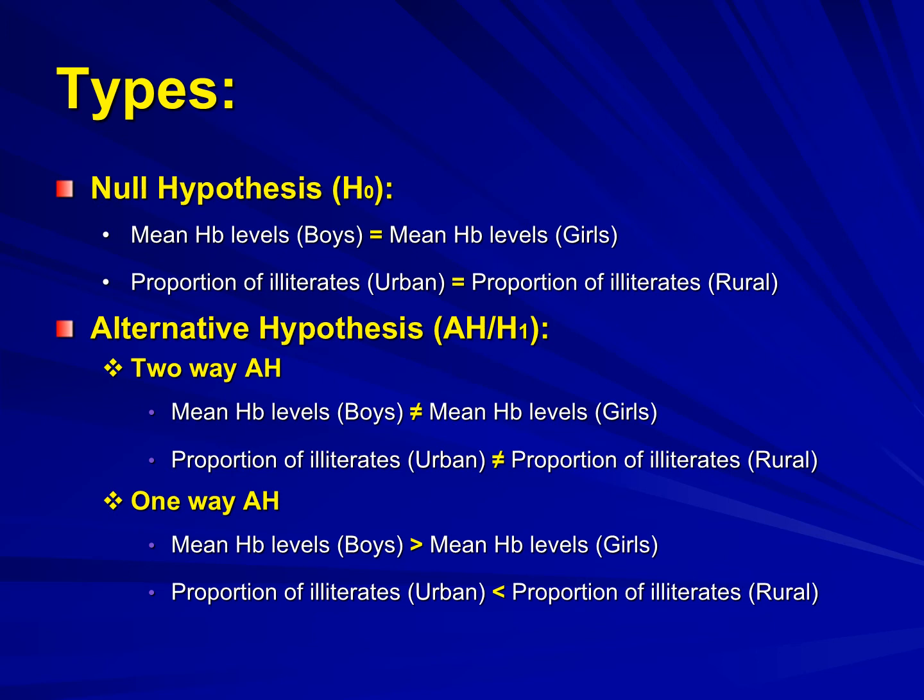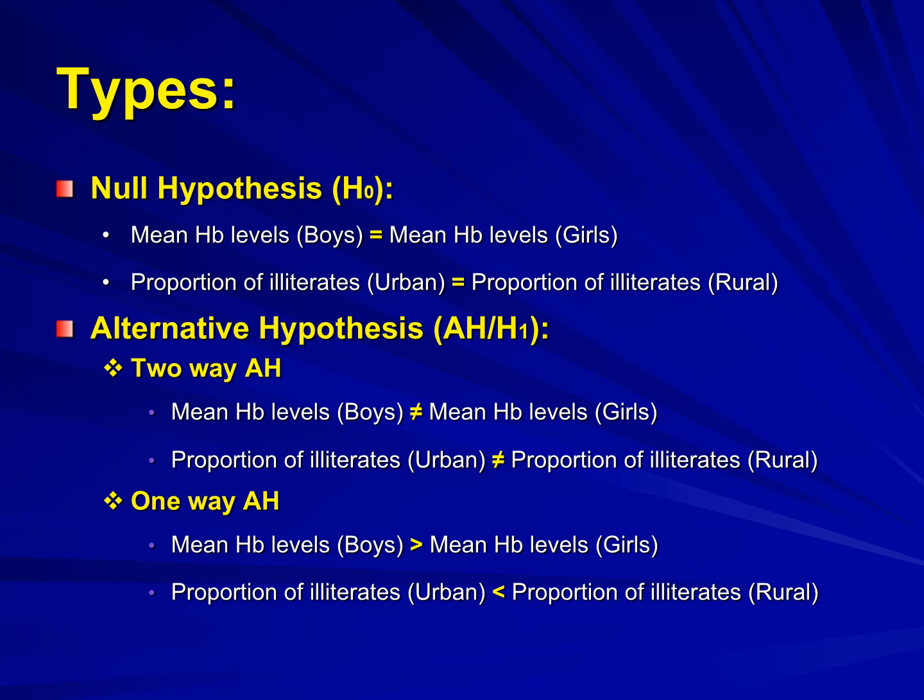There are two types of hypothesis. The two types are the null hypothesis or H0, and the second type is the alternative hypothesis or H1, or research hypothesis. Now the null hypothesis states that there is no difference between the mean or the proportion of two or more comparative groups. We will understand the null hypothesis concept with the help of an example.